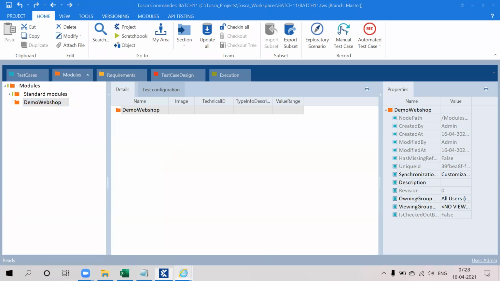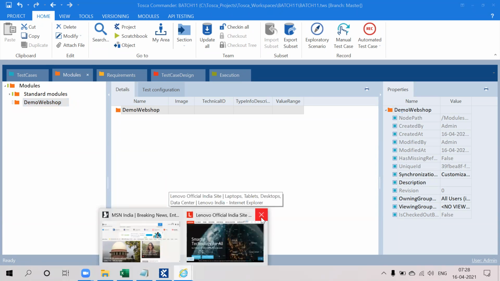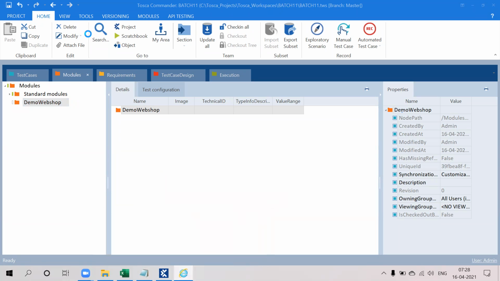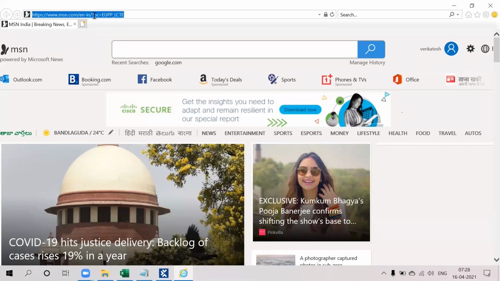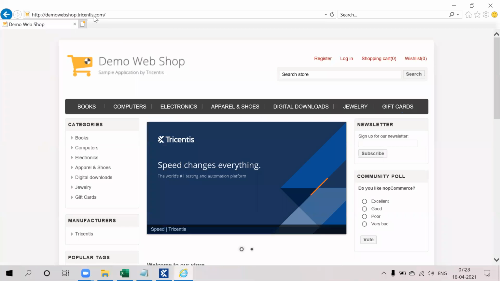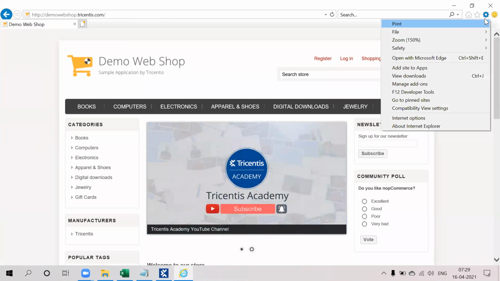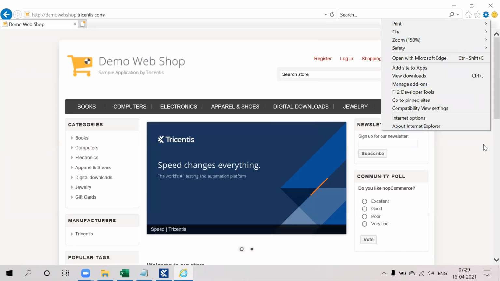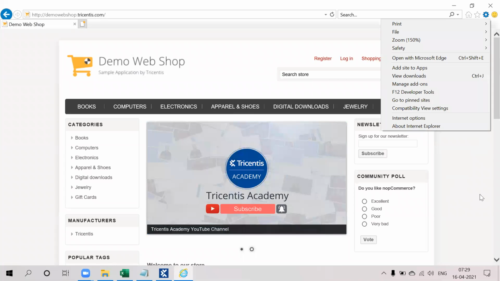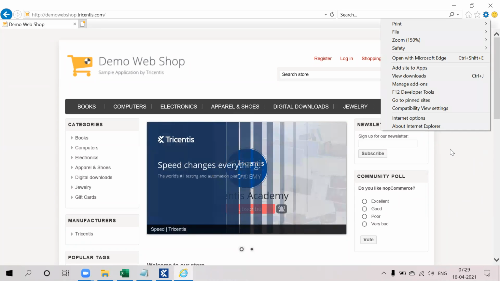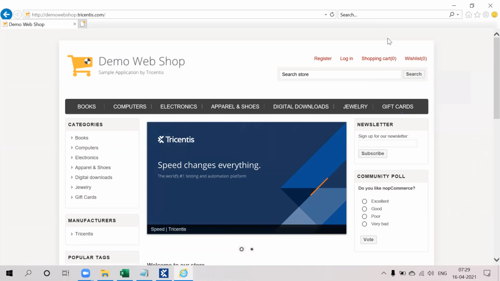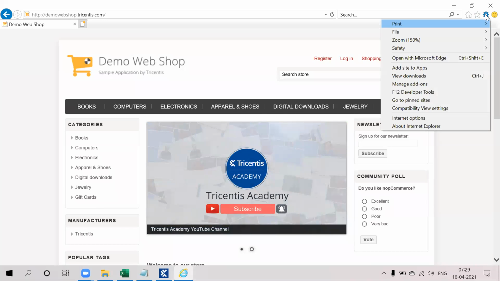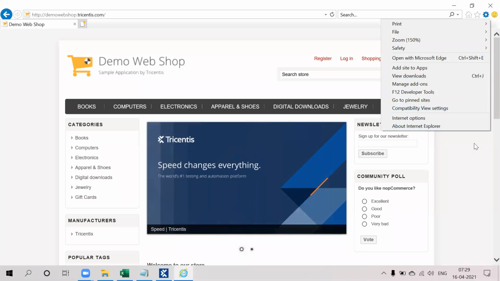Once you open your application, whenever you are scanning it, make sure your browser zoom level is 100%. That depends on the appearance of these elements, so you have to maintain that.